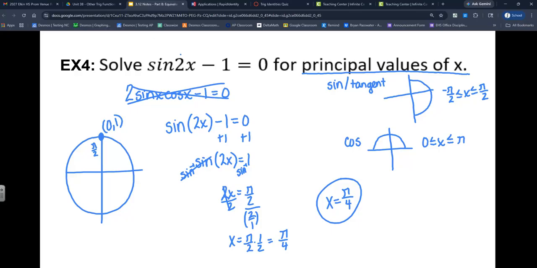So if you have a 2 right here, you need to look at twice the domain, because in the end you're going to be dividing by 2 and it's going to cut everything in half. So rather than looking from negative pi over 2 to pi over 2, you want to look from negative pi less than or equal to x less than or equal to pi right here, because you've got a horizontal compression